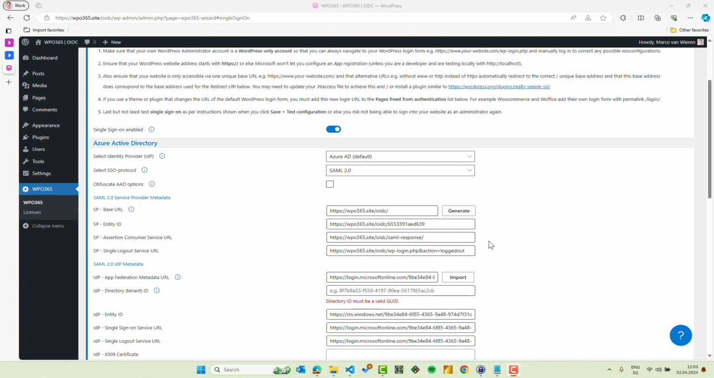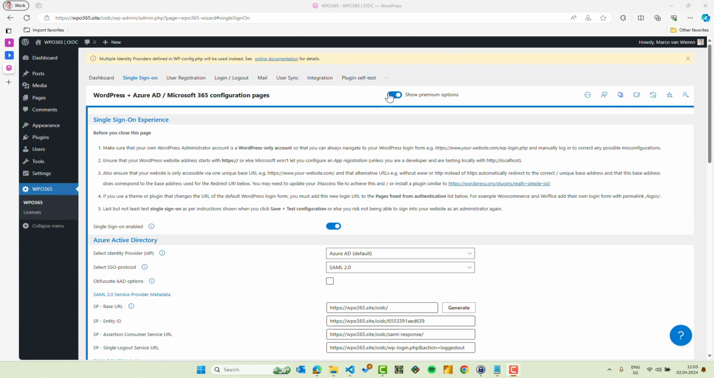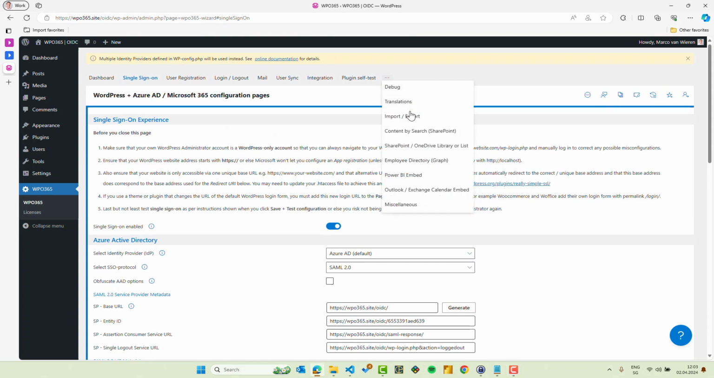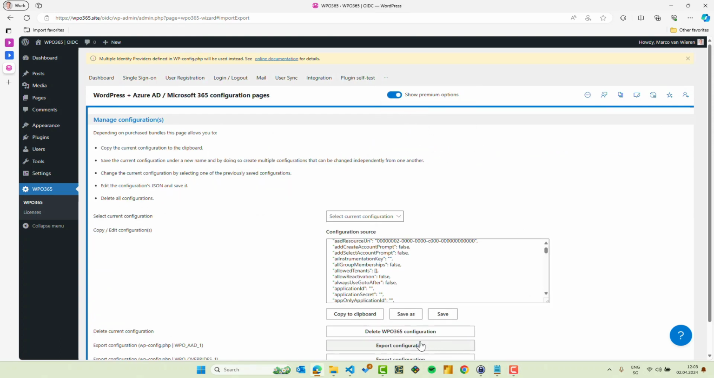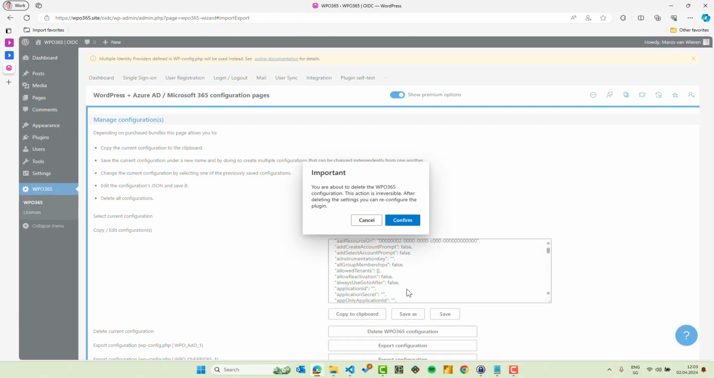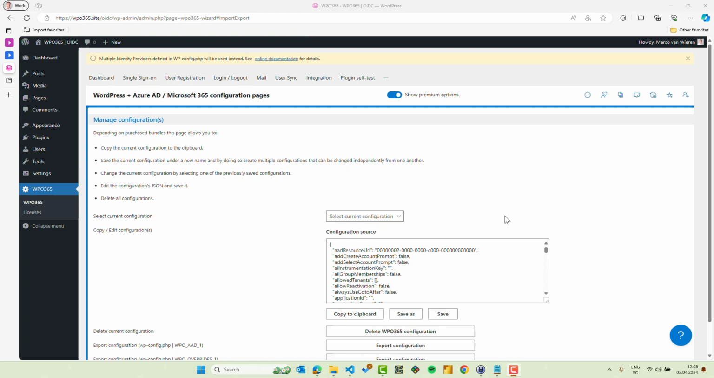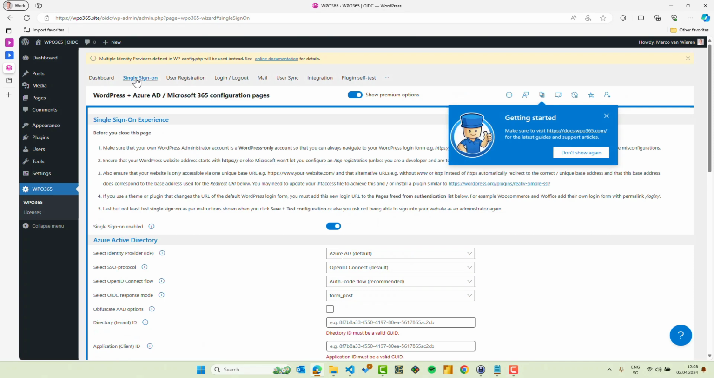So what you can do to work around this is basically to go again to the import-export page and to actually delete the WPO365 configuration. This will delete the configuration from the database, but not the configuration that is found in your wp-config file. Now with the configuration deleted, I can return to the single sign-on page, and to avoid confusion, I can actually